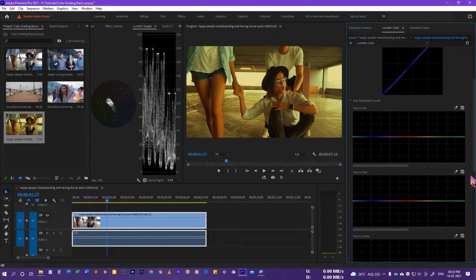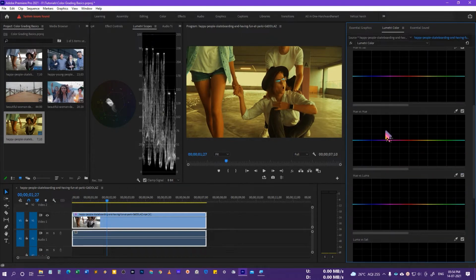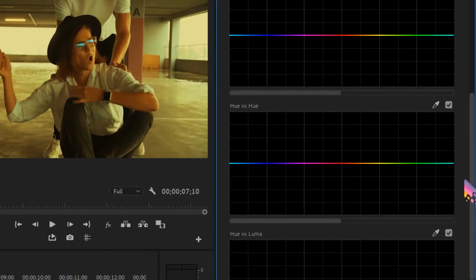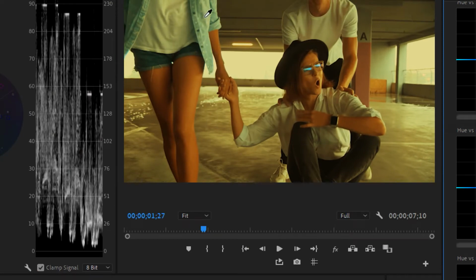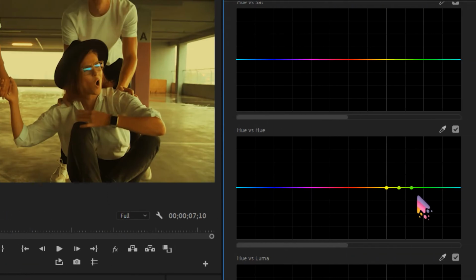All right, and then we have the option of hue versus hue. If you want to change a particular color to something else, to a different color, you can do this from here. So if I just select this one and let's say select this color, this color is now selected.